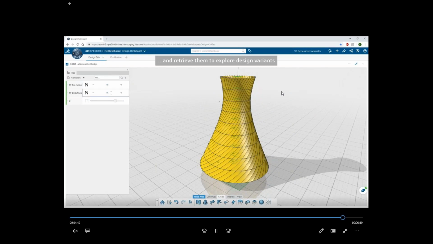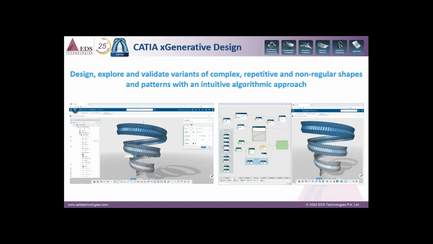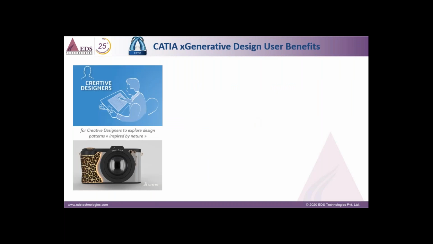So this is one type of solution, X design and X generative design. So as I said, there are a few examples which were created by using X generative design, followed in the coming slides.